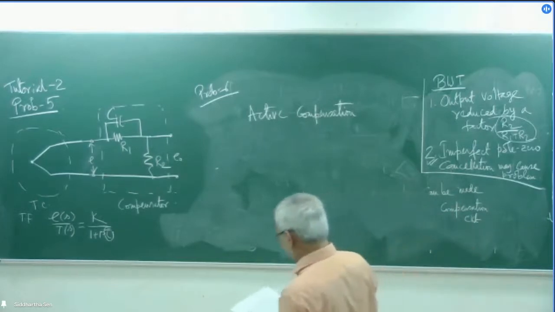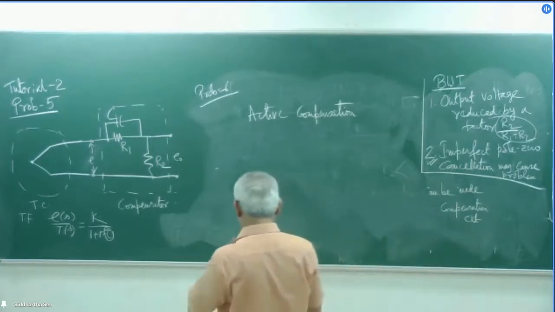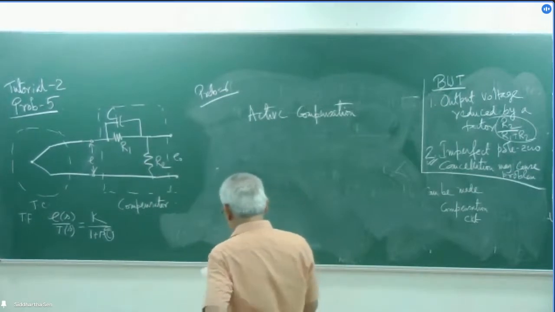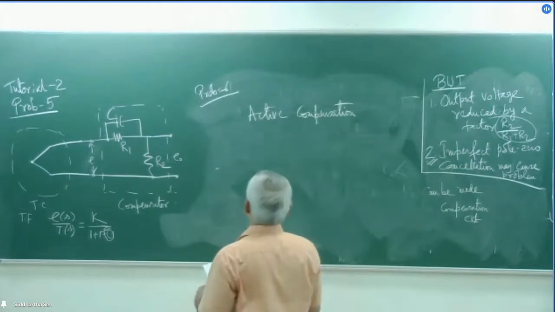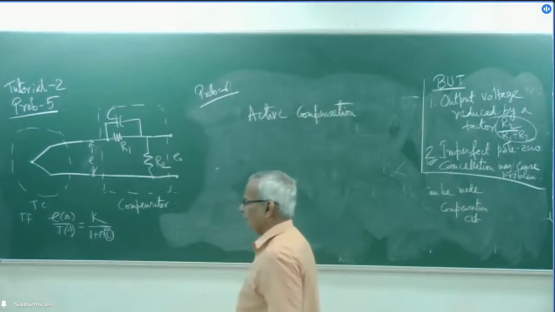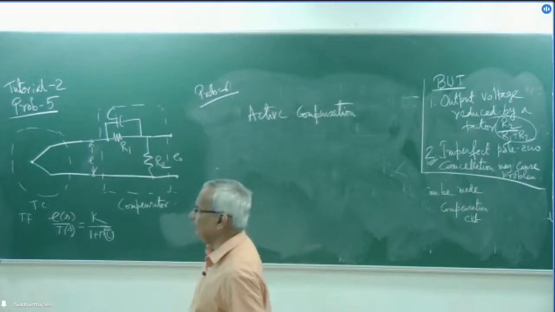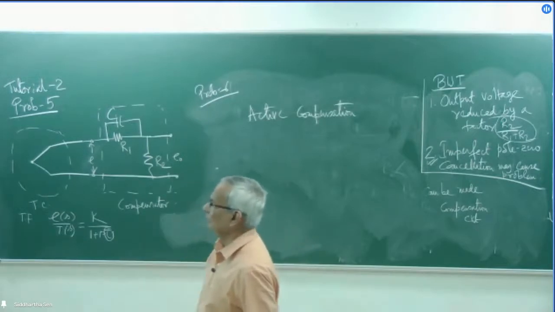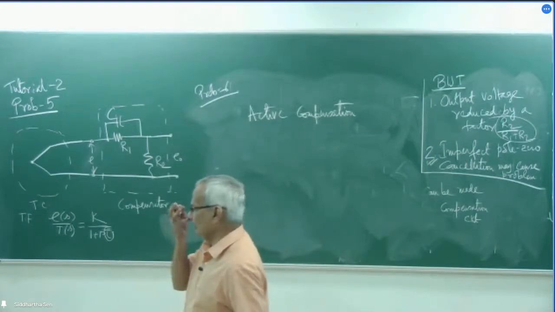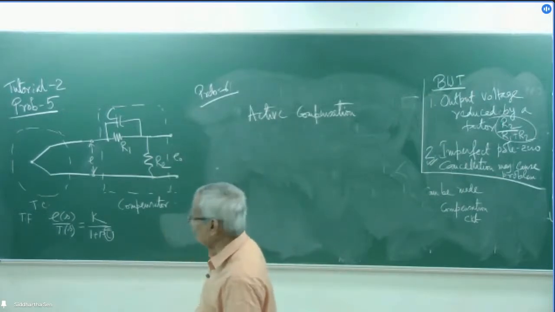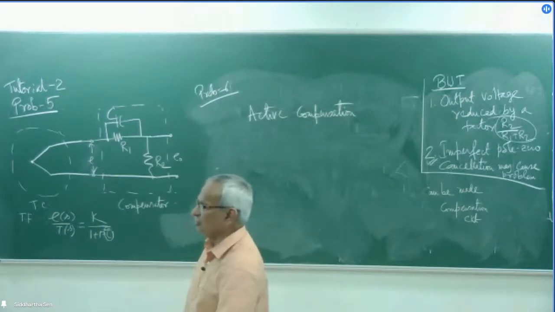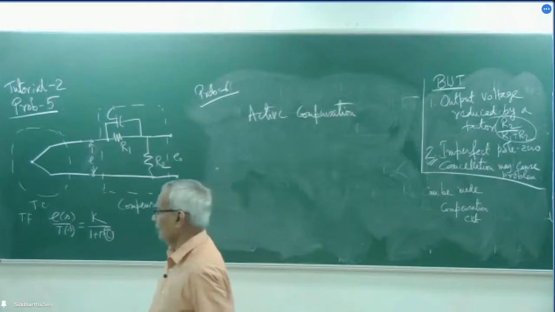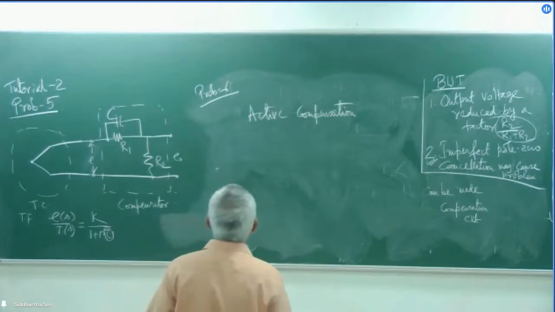Design an active compensating circuit that will amplify the thermocouple voltage by 10 times, but simultaneously reduce the effective time constant from 1 second to 0.1 second. That means we amplify the voltage by a factor of 10, but by the same technique the time constant should be reduced by a factor of 10. So what active circuit can we use?